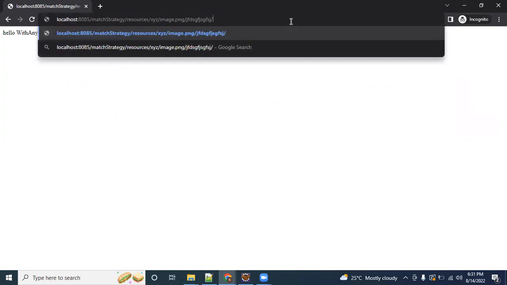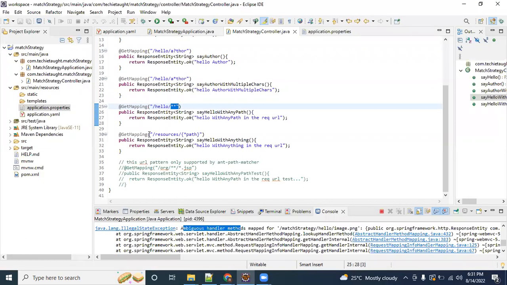Whatever I try, everything will work. So it's a more generic way. You can pass any path, any directory, any type of file extension, whatever. So all that path variable value will be stored in this path, and then it will